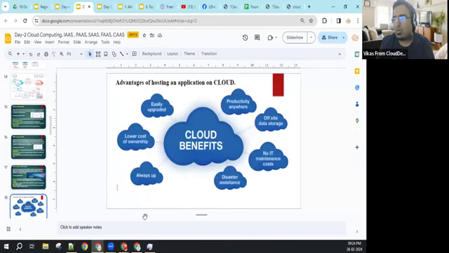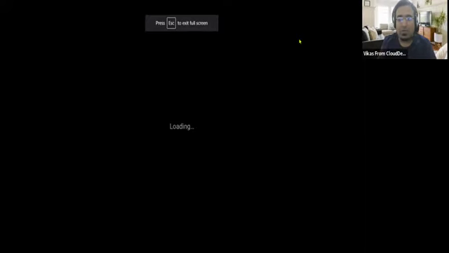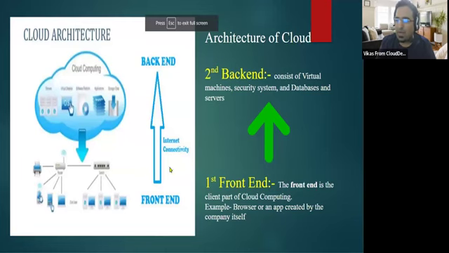Cool. Now, if you see the architecture of cloud, how exactly it looks: backend and front end are divided into two parts, and we are connecting them with the help of the internet. That is called cloud architecture. Able to understand with the help of the image? Front end, back end, accessed with the help of the internet. That is called cloud. Yes, no?